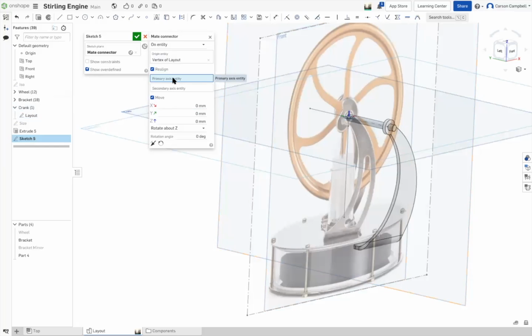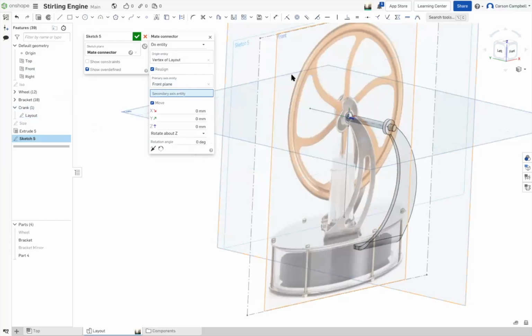It's already highlighted. If you pick the front plane, watch what happens to the make connector. And one of the things that I'm going to watch out for is the positiveness of X and Y. I like that because Y is up. And then my sketch,